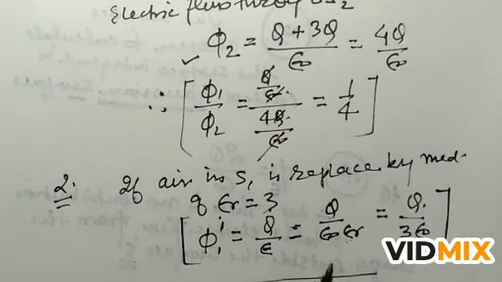So this is the way that we are going to apply the Gauss theorem on any given condition, any question. If we have to apply Gauss law, we have to use this way, whether the ratio of the flux is asked or the total flux is asked. We have to find only the charge present inside the surface. The charges outside the surface are not giving any contribution to the flux. Only the charge inside the surface contributes to the flux.